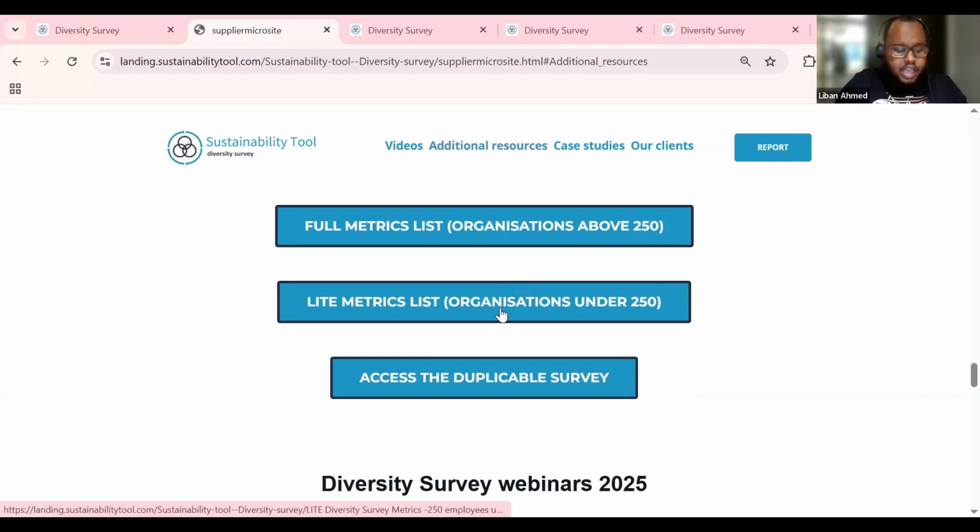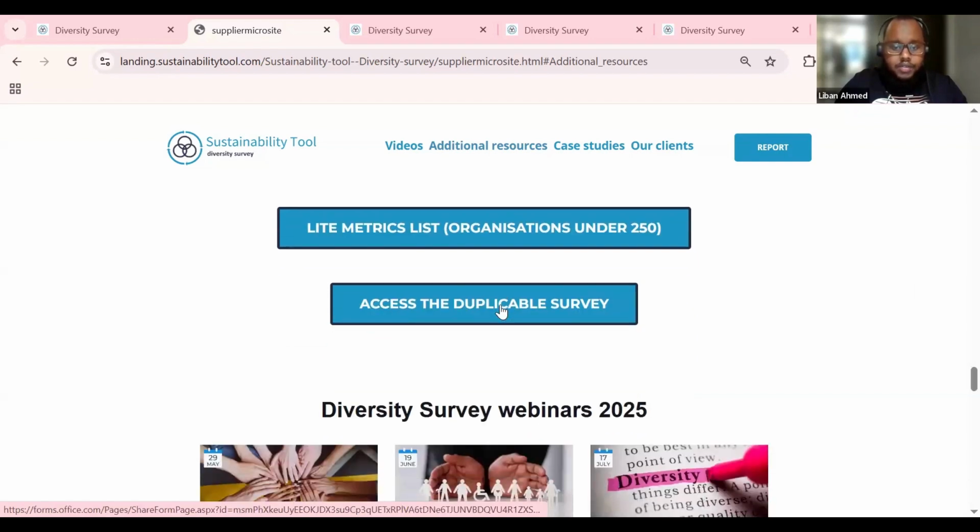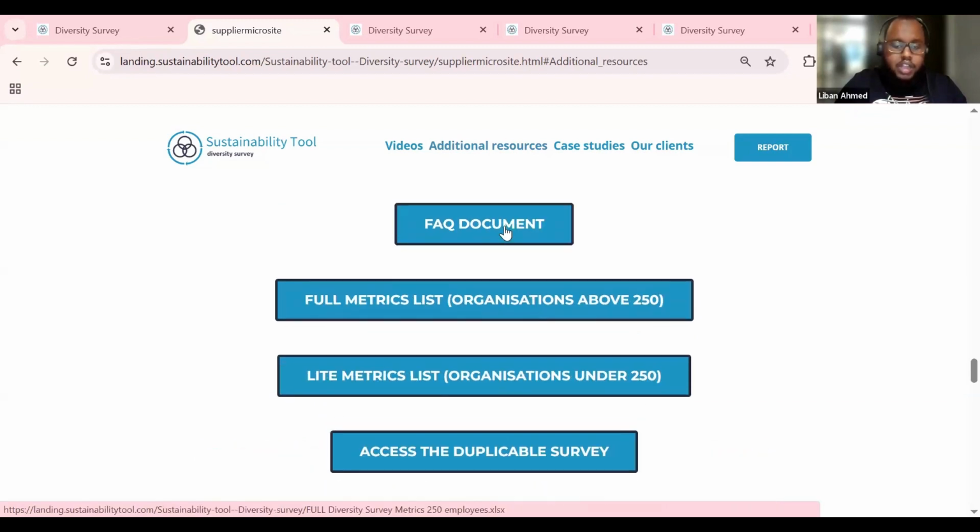The light metric list here is for companies with fewer than 250. And if this is your first time collecting diversity data, I recommend downloading the duplicable survey. This template can be sent to your employees to gather ED&I data before you input it into the system. I also just want to say that you can download the FAQ document, which should answer most questions about the